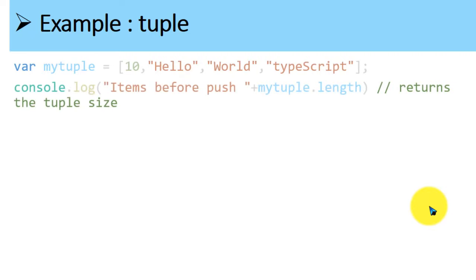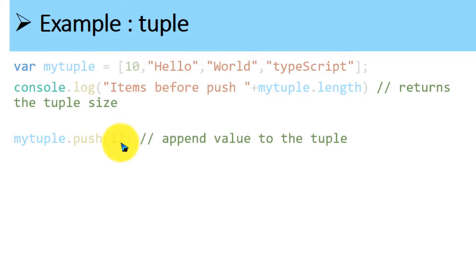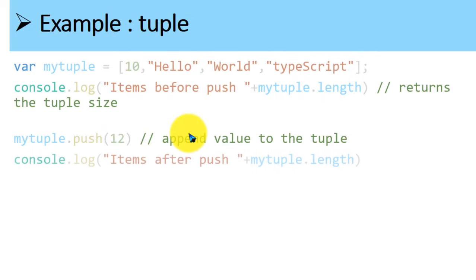Now if you want to find the length, you can use the length property, myTuple.length. You can push and pop elements inside the tuple, and you can work on the index also using a for loop. Look here, myTuple.push: the element is appended to this list. Now 10, hello, world, TypeScript and the 12th element is pushed. You can pop using pop.